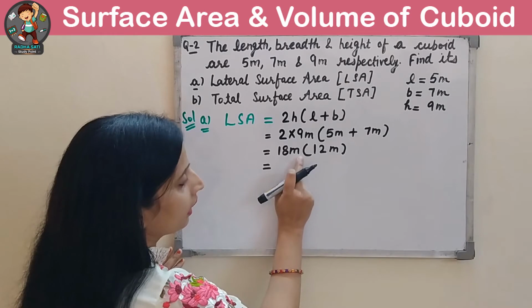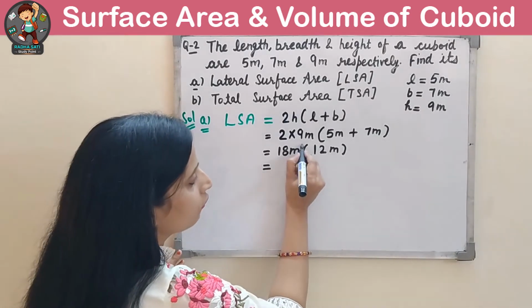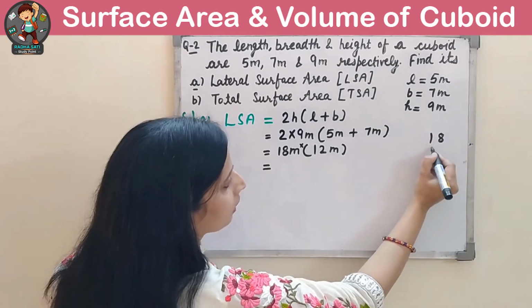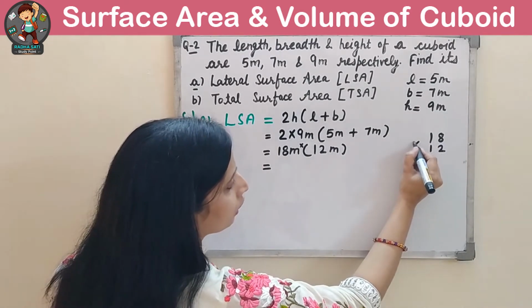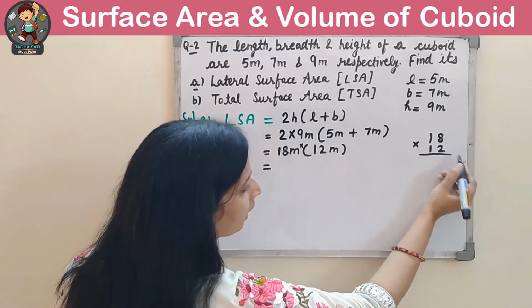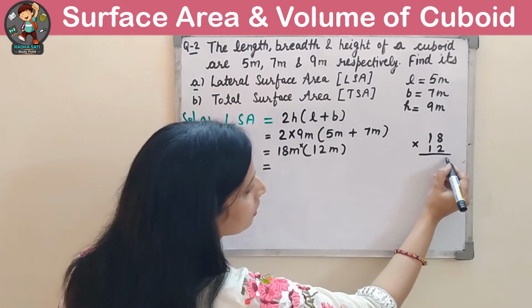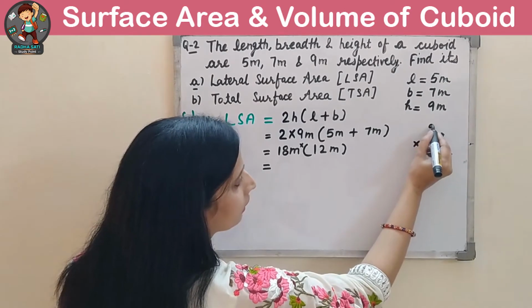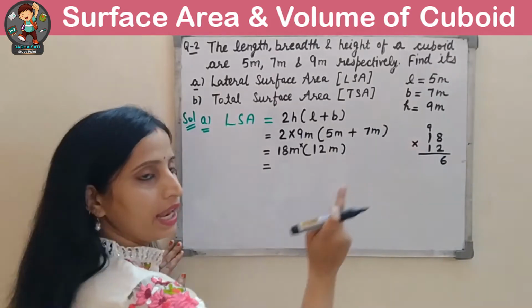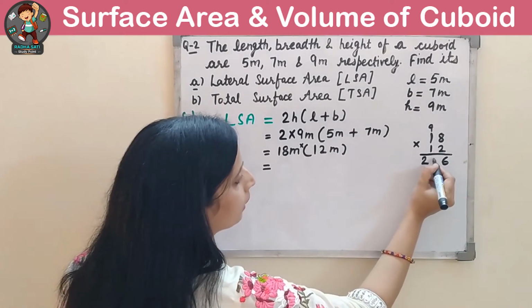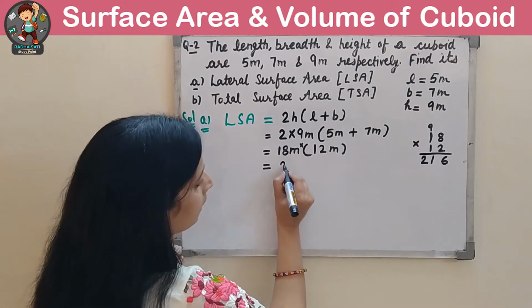Okay. So here is no sign. This means the sign of multiplication. We will multiply these two. 18 multiplied by 12. Okay. 12 eights are 96. 6 we will write here. 9 we will carry over. 12 ones are 12 plus 9. We will get 21. This means